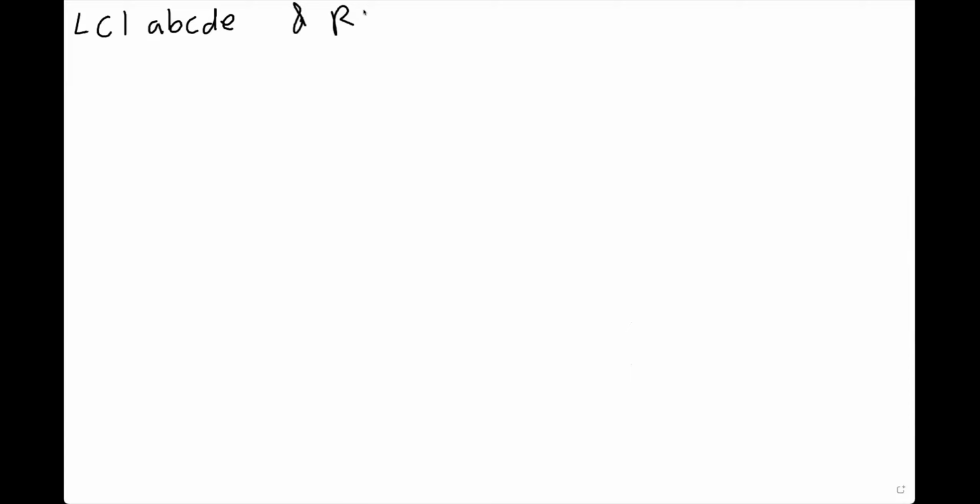So it's going to be RS2 A B C D E is equal to 0, 0, 1, 1, 0, 1. And then we're going to do LC1 as stated, and it's going to be C E